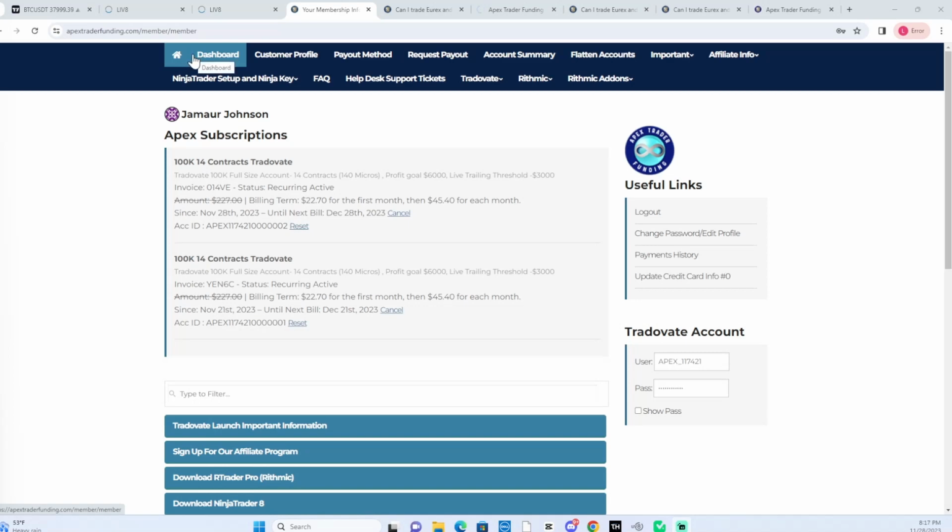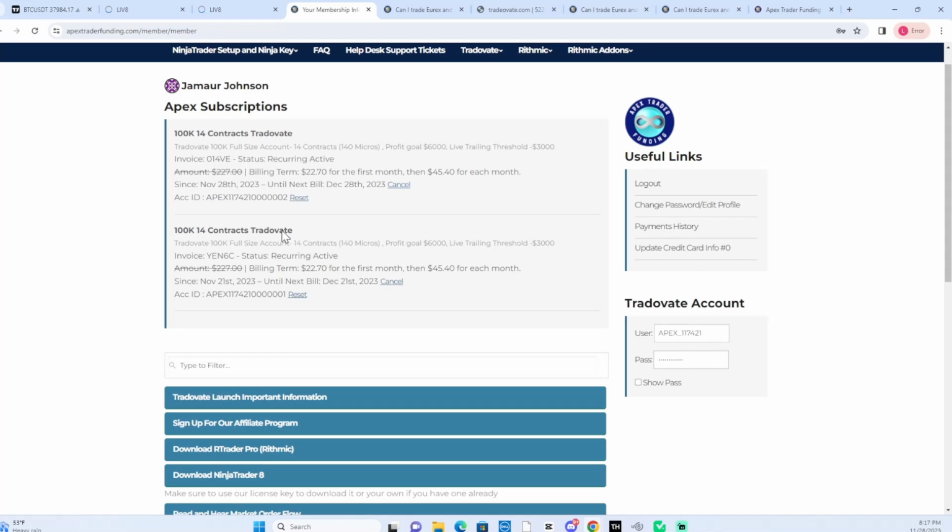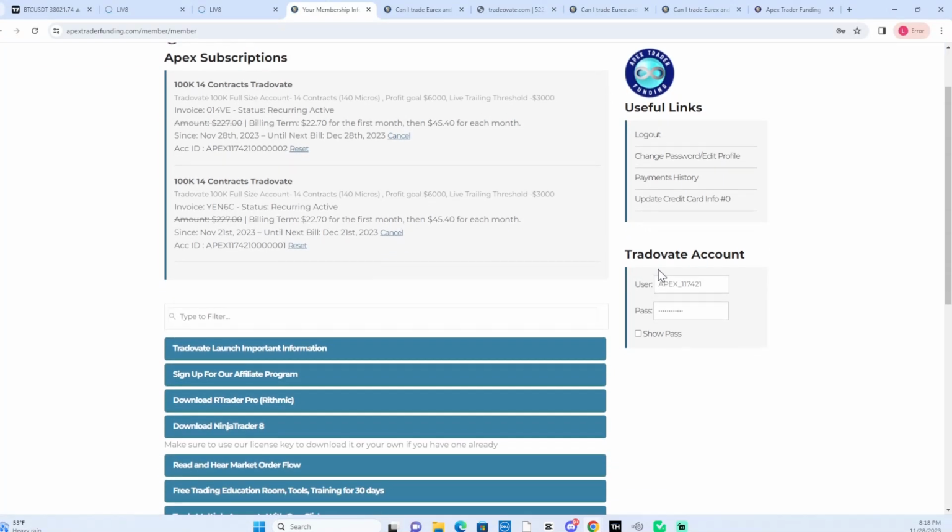So once you verified your information and you've signed that contract that you got in the email, you can simply just in your dashboard, click on dashboard, and it will take you here. So you will see your account. You can easily reset it here. You can always cancel your accounts if that was your goal as well. But more importantly, the information that you're going to need to use inside TradingView is right here on the right hand side. You'll see Tradovate account, you'll see the username, and then your password, which you'll click show password, and you'll copy that, because that's what you're going to use when you go into